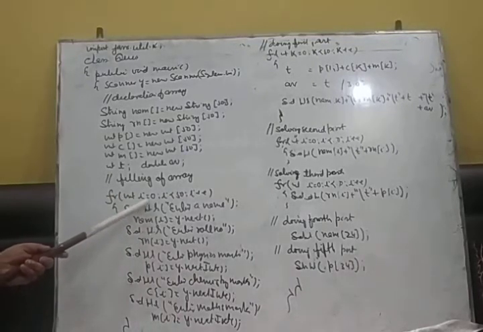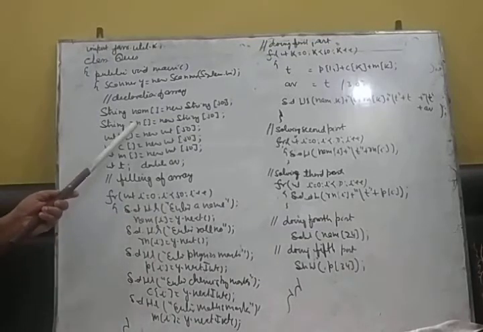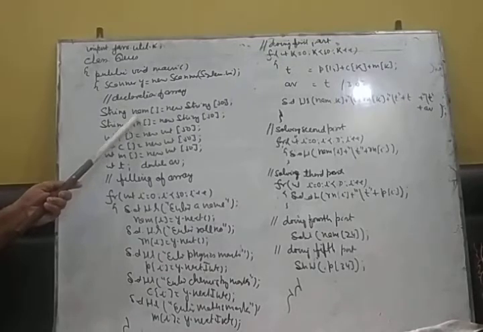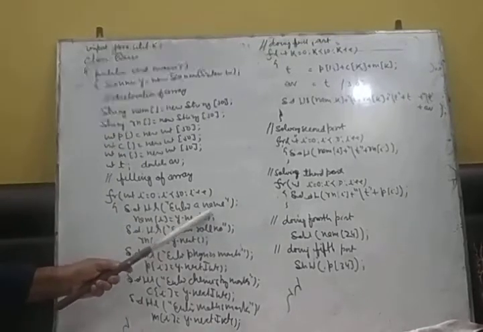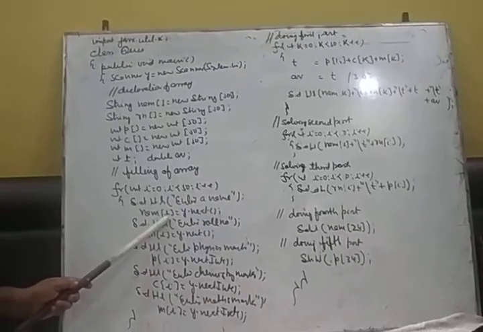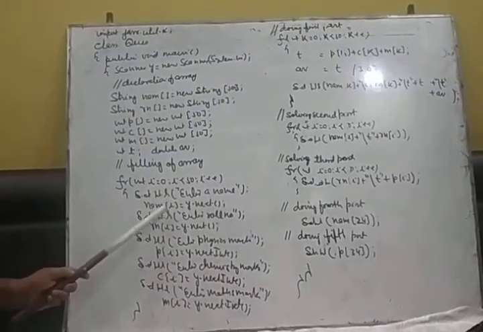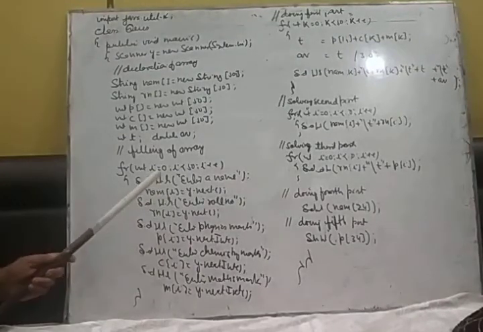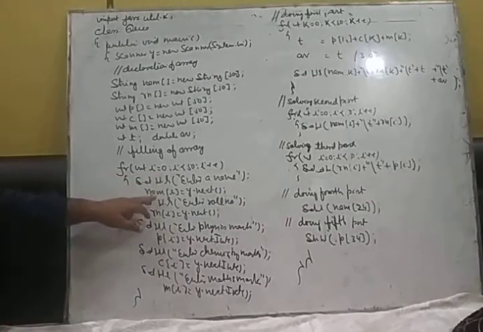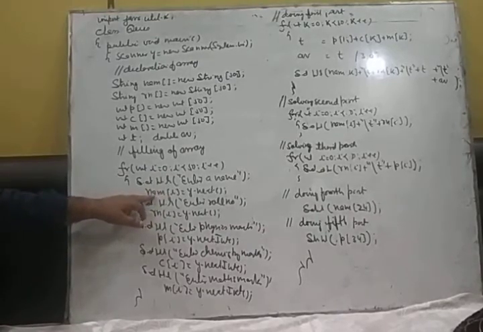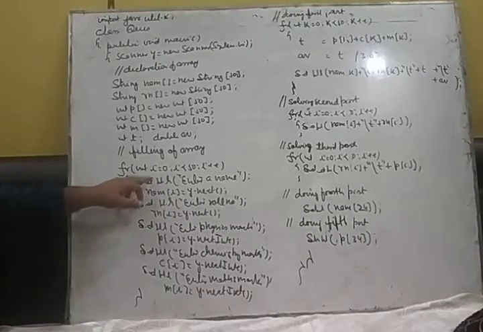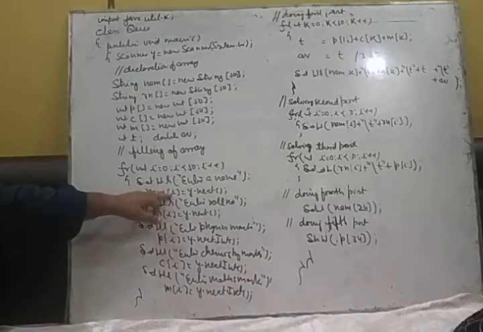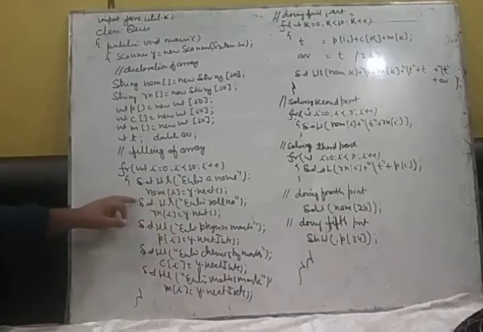That is why I am running a loop from 0 to 50 to fill the array, because the first name will be stored at NAM of 0. So here I am writing enter a name and I will write NAM of I equals y dot next. Now this is another new thing for you: whenever we are entering a value into an array, I use NAM of I. When I is 0, the first name will go in NAM 0. When I is 1, the next name goes in NAM 1. When the value of I is 2, the next value will be in NAM 2.